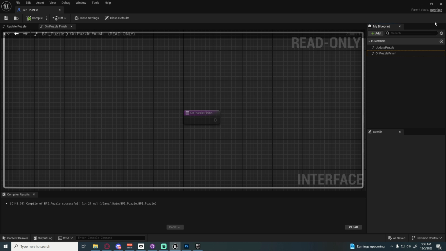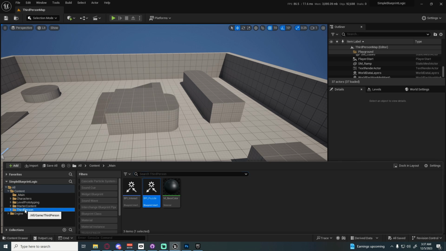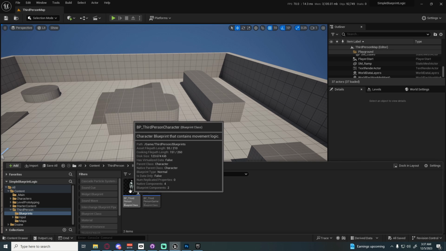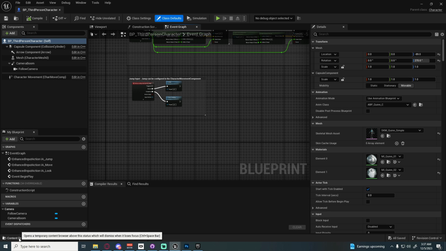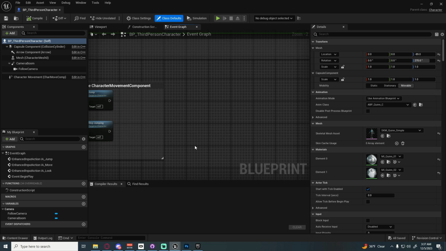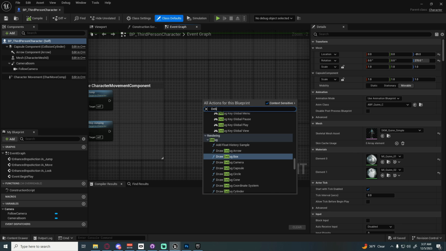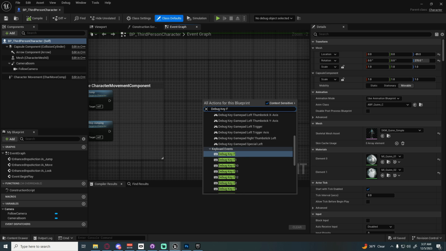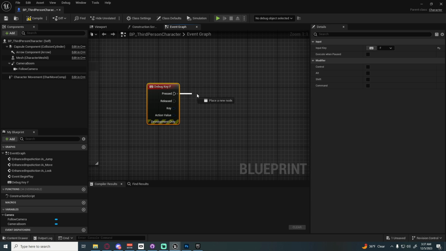So that's all we need, just those two functions there and the one function in the other interface. Now I'm going to quickly jump to our third person folder, or first person folder if you're using that one. We're going to open up the blueprints folder, go to third person character, and we're just going to make a debug key. I'm not going to show you how to make an input here, because I'm trying to keep this fast. So I'm going to get debug key F, and whenever we press this,